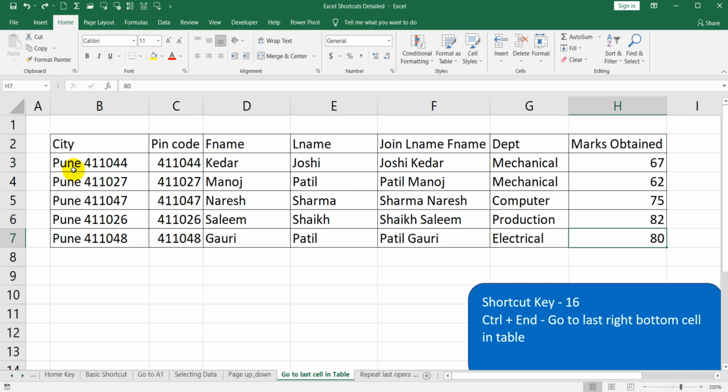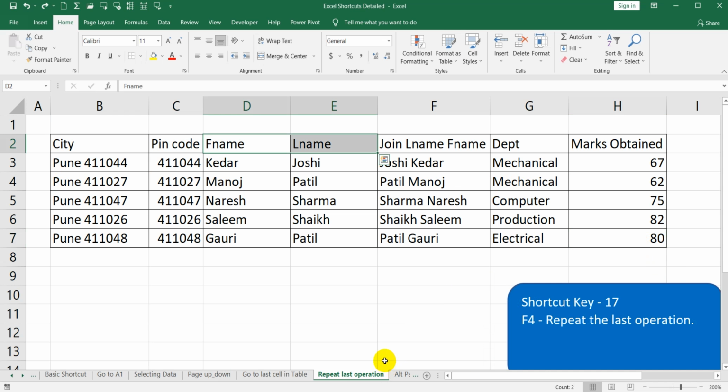With Control End, it will go to the bottom right cell in the table. If you want to go back to the home cell, that is the A1 cell, you can press Control Home. It will go to the A1 cell. If you want to go to the bottom right cell in the table, then you have to press Control End. It will go to the last bottom right cell in the table.